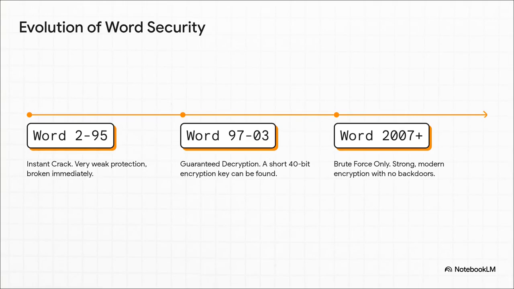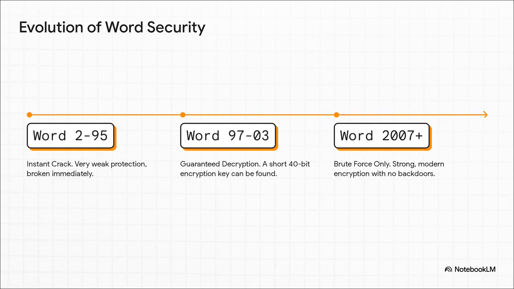I love this because you can see the whole story of security evolving right here. Back in the day, with Word 2 through 95, the protection was a joke. It could be broken instantly. Then from Word 97 to 2003, things got a little better. They used a 40-bit encryption key. Now, that key's short enough that today's computers can just find it and unlock the file without ever knowing your